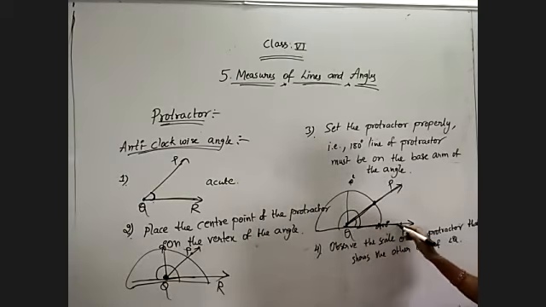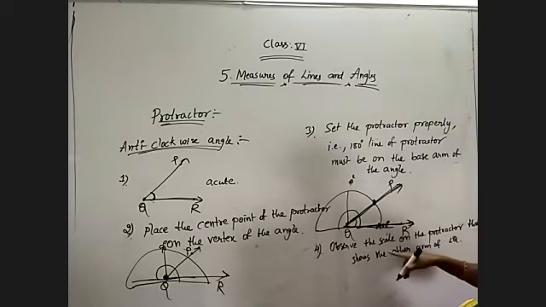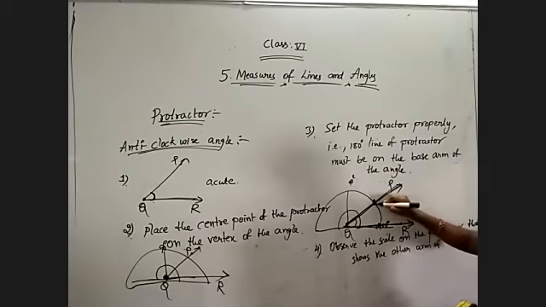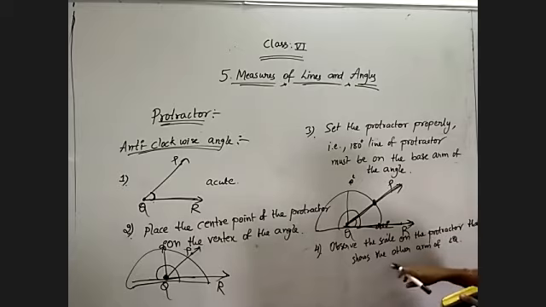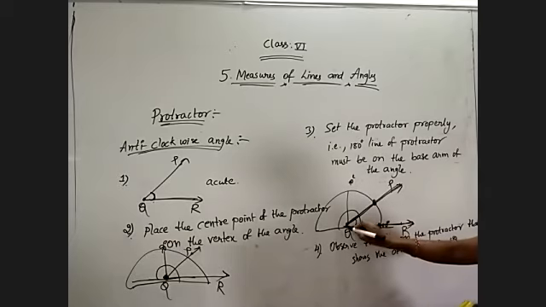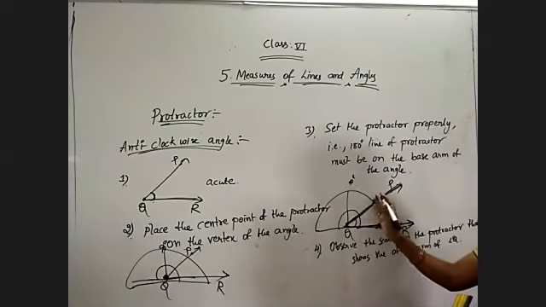This is my first base. I have set the protractor here. Now I am observing where QP is lying on the protractor. Observe the scale means at which scale it is stopped on the protractor. That shows the other arm of angle Q. So this QP is showing the other arm. Where it is lying, compulsorily it is lesser than 90 degrees. You will get an acute angle only.